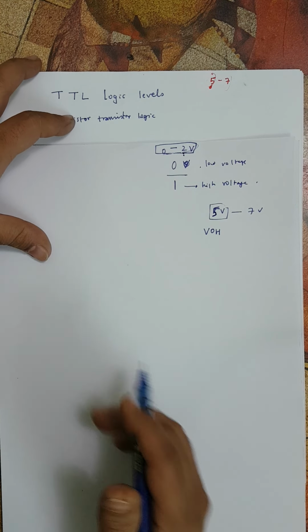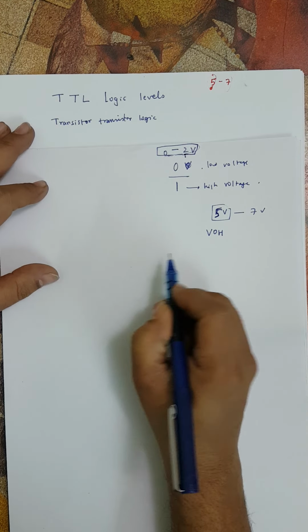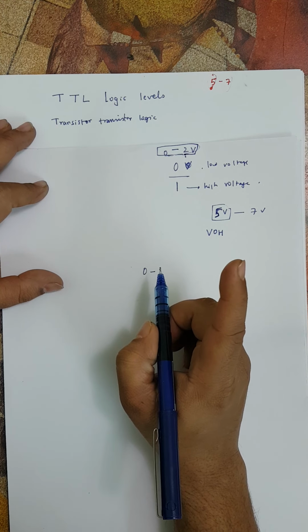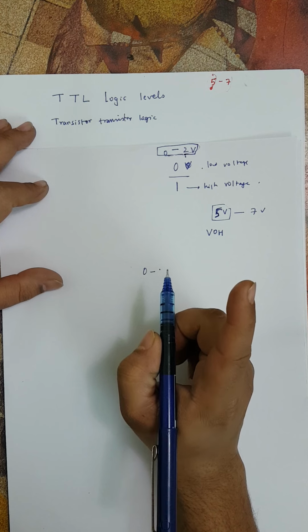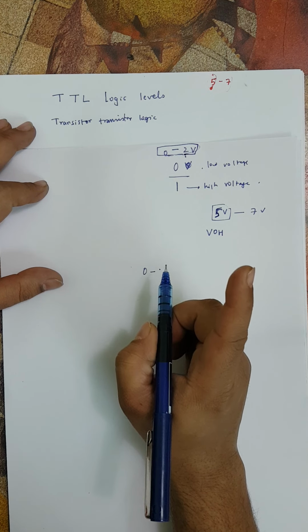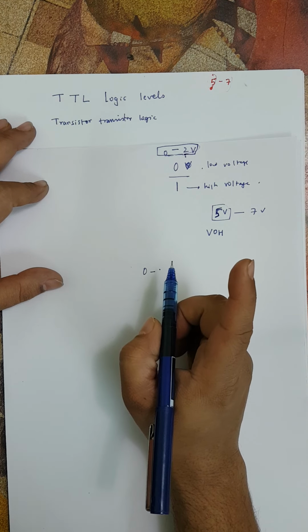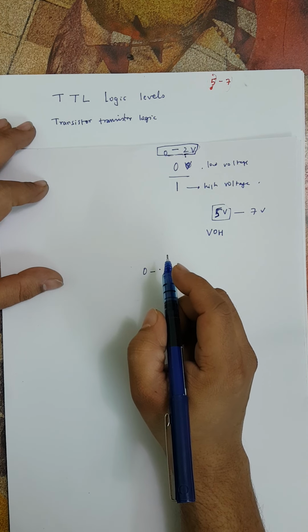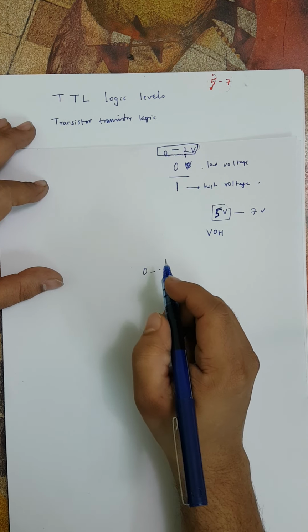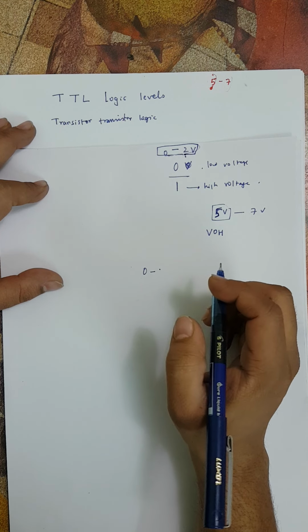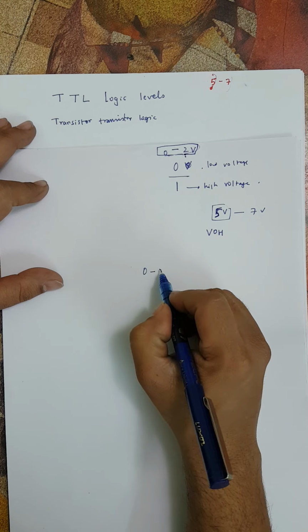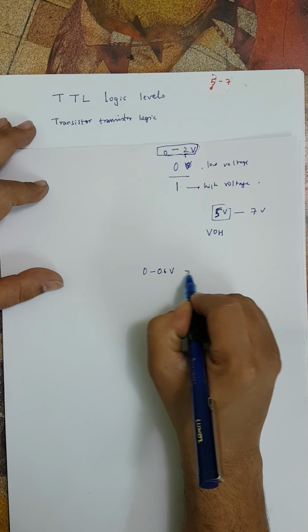If the voltage across the base emitter PN junction is less than 0.6 volt, then it is not sufficiently forward biased, and so the current will be very small. Since the currents will be small, we can consider the voltage to be 0 volt. So 0 to 0.6 volt can be considered as